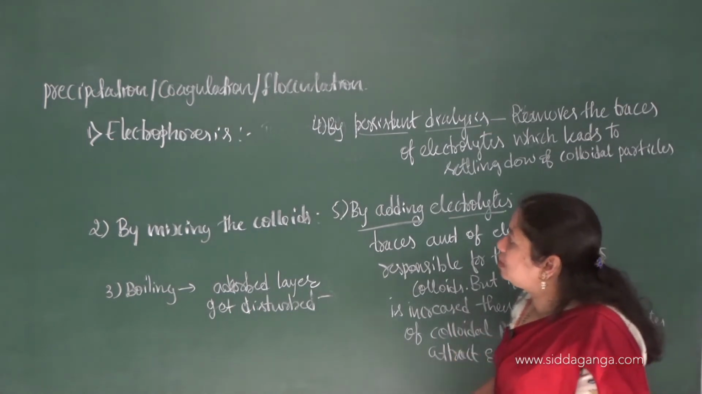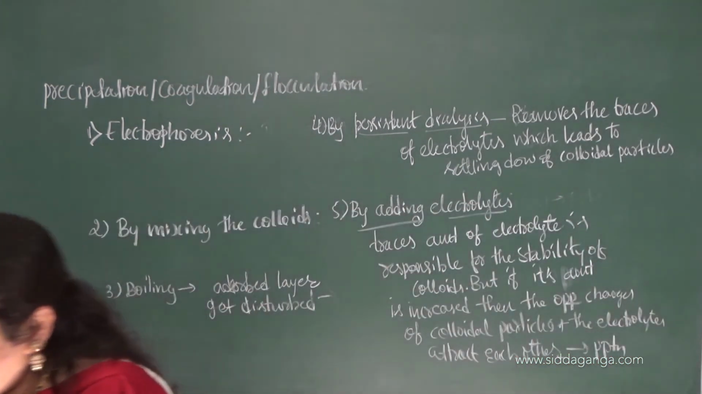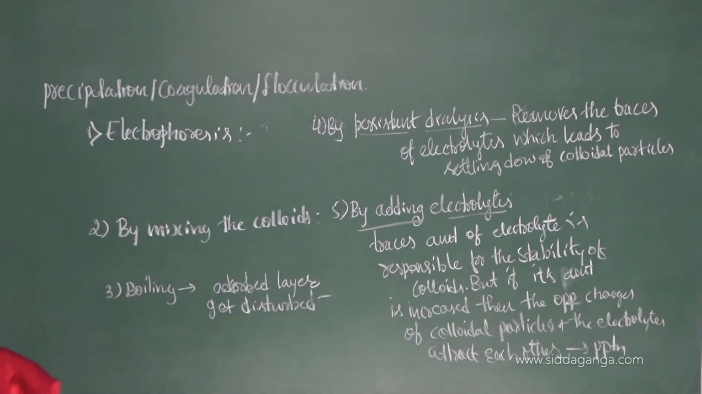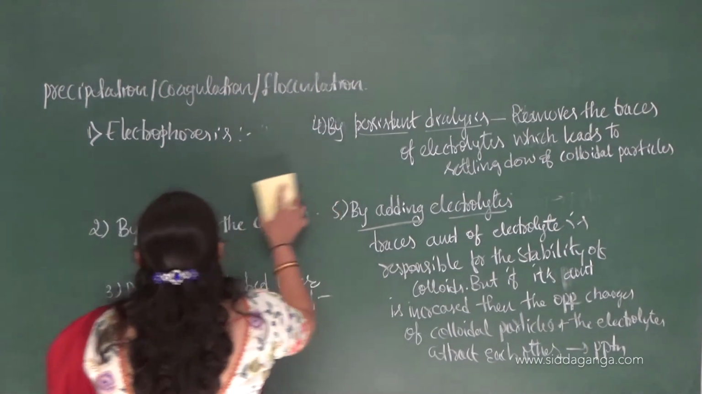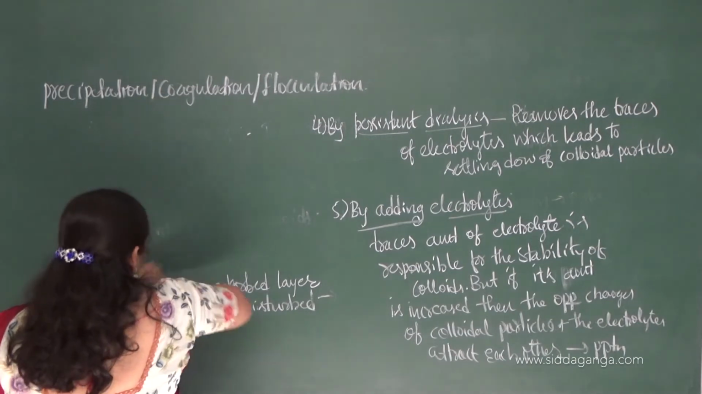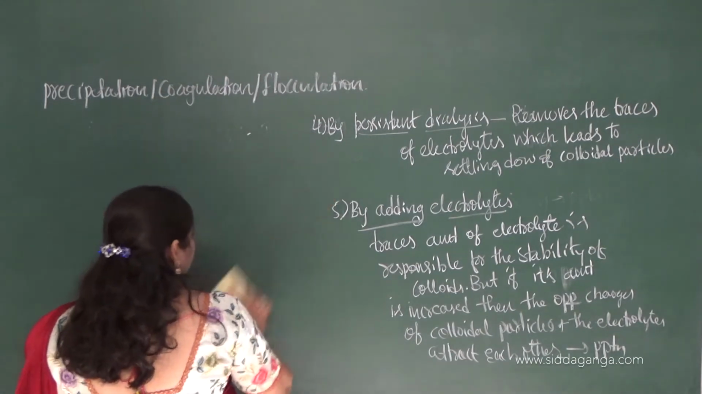So based on this, the fifth one, we are having one concept. What is that? Greater the valence of a flocculating ion. See here, the ion which is responsible for the flocculation,